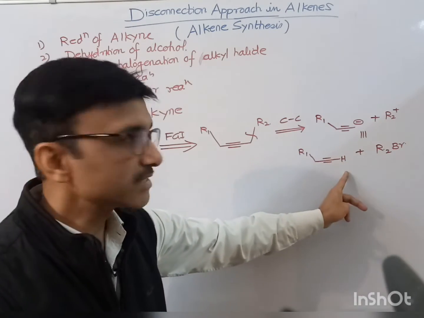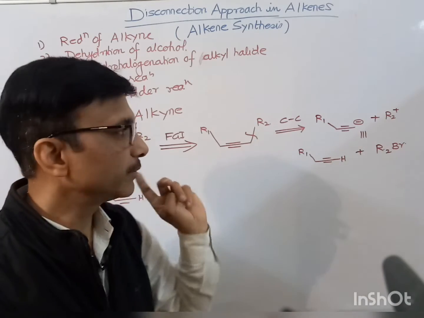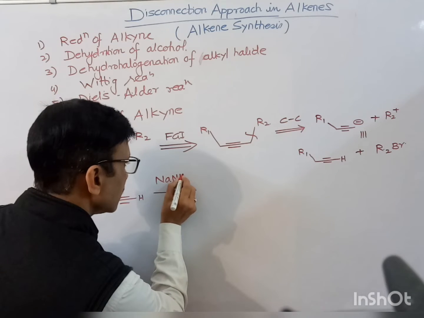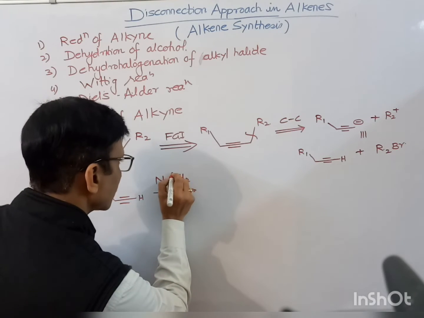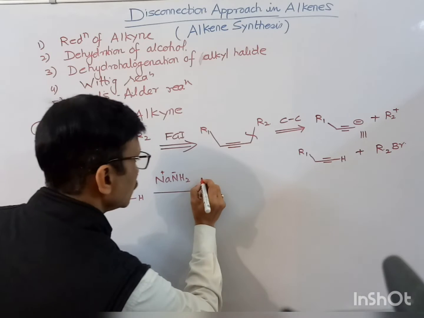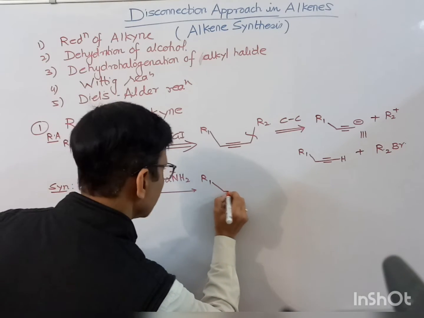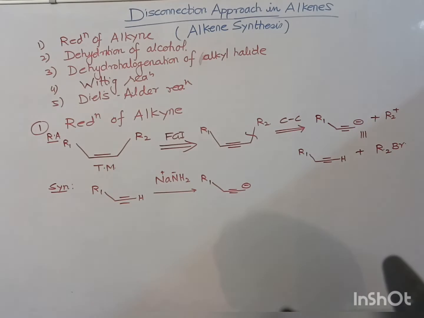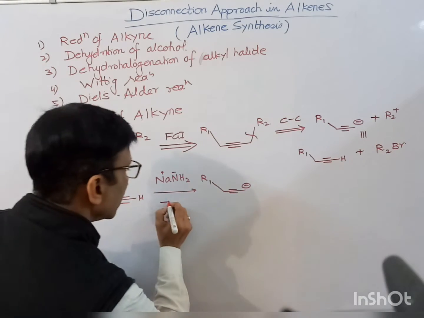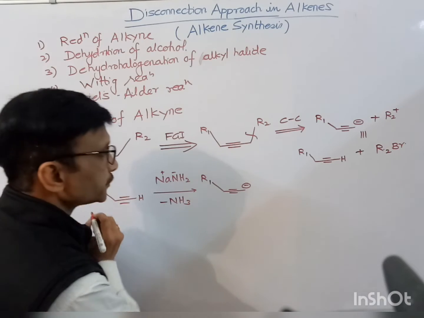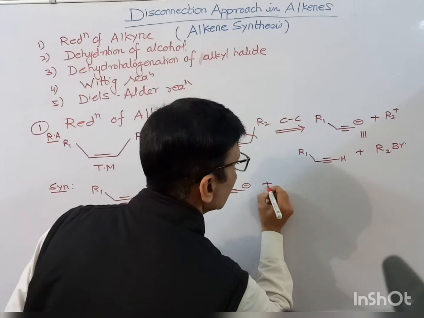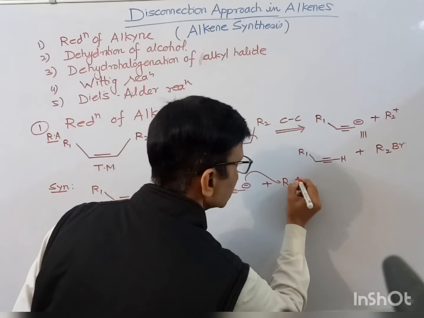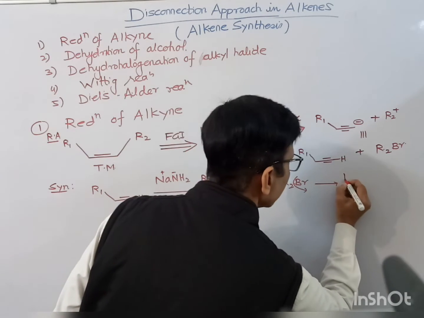We have to remove this acidic hydrogen, and the acidic hydrogen can be removed in presence of, suppose, sodamide. So you will have this acetylide anion, and now in presence of this alkyl bromide, the bromine will leave out, and you will have